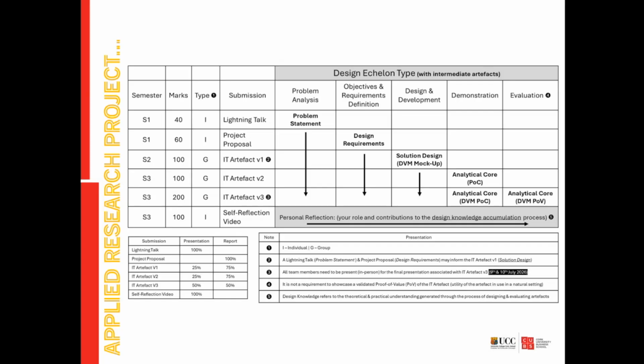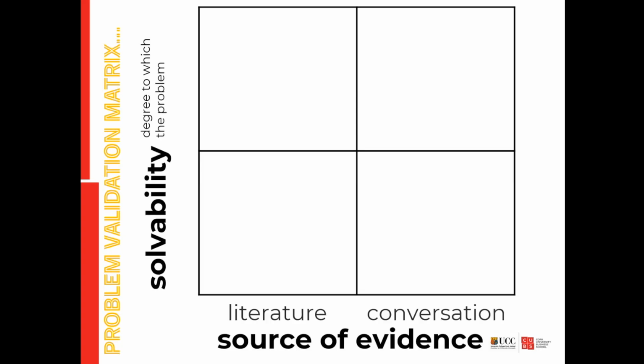demonstration and evaluation. So again, without labouring this point too much, you can see that problem analysis can be quite difficult and can be quite challenging for students, especially if they want to try and appreciate what it is that they should do. So having had a look at the Management Information Systems Quarterly paper that has been published maybe within the last 12 to 18 months, I would say, in the Echelon DSR space, and having a working relationship with one of the lead authors, Tuure Tuunanen, I ultimately looked to create this particular matrix,